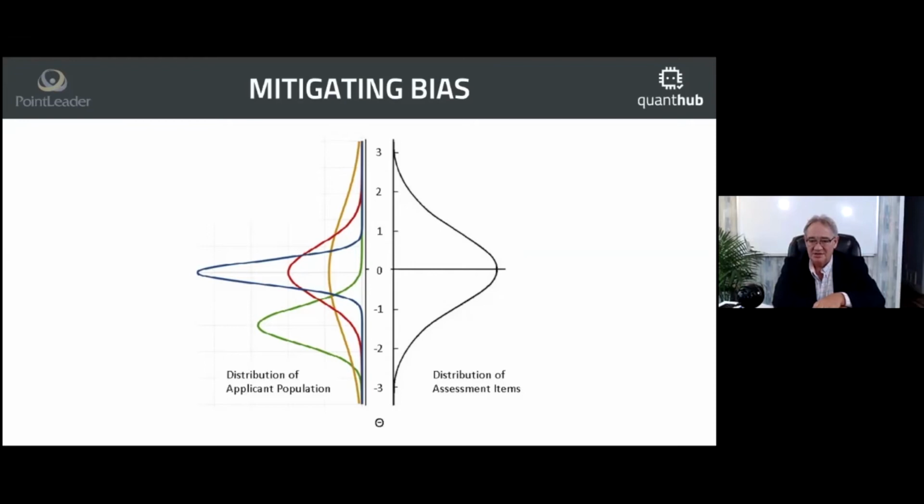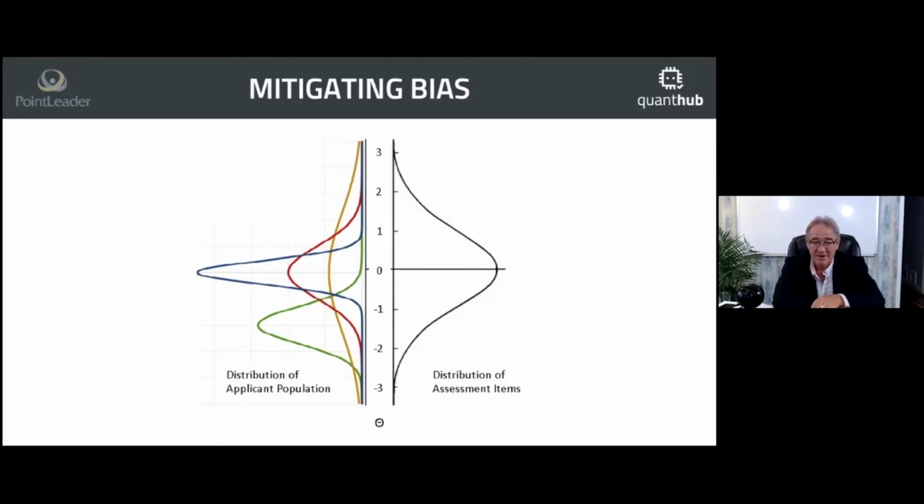We want the assessment items to closely match the distribution of the applicant's ability or personality, or whatever it is we're measuring. Otherwise, we're going to ask them things they don't have a reasonable response to because they don't understand the material, which is frustrating for the applicant. It's going to be unreliable, and it's going to end up being biased. So it's critical that, and Matt, you and I take different approaches to this. You use computer adaptive testing. I use an approach where I match the distribution of my item set to the distribution of the applicant population,